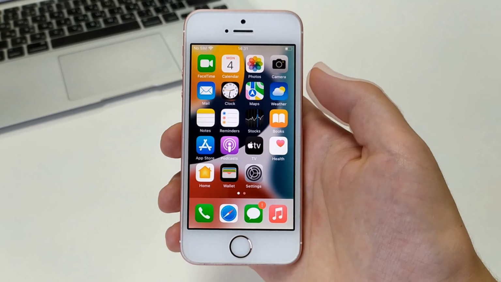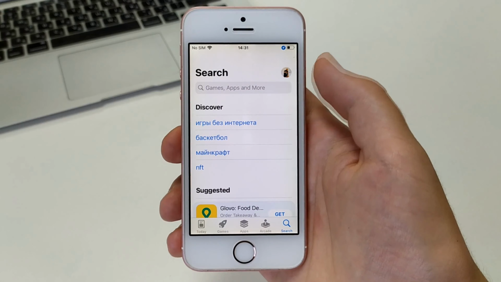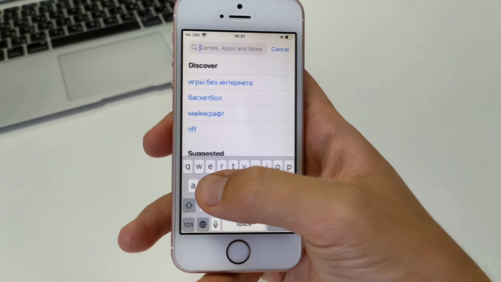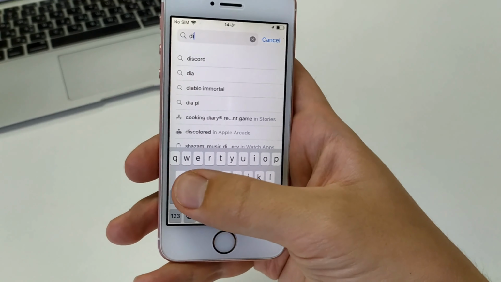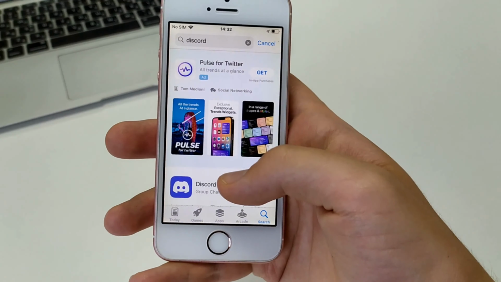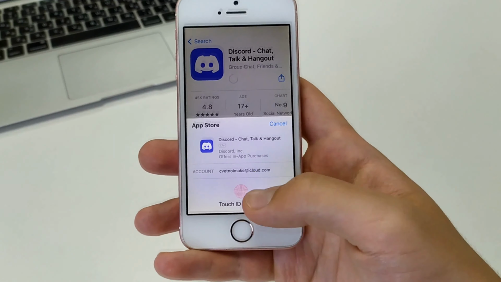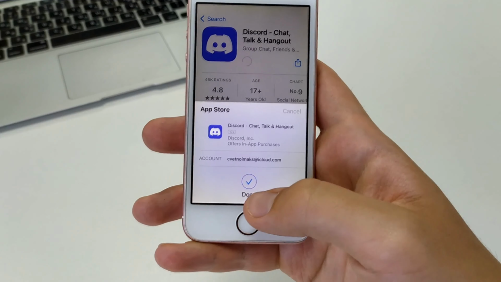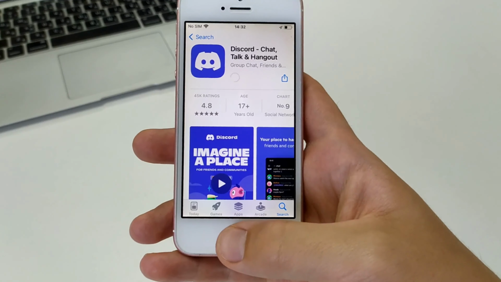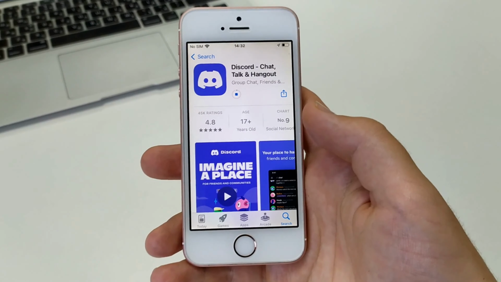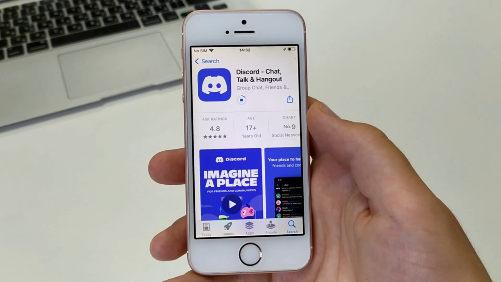Let's get started. For this, we need to go to the standard application on our iPhone or iPad, which is called Apple Store. After that, we need to write the word Discord in the search box. Then we need to find this application. After that, we press Get. We will need to confirm Apple ID, confirm Face ID or fingerprint, or you can enter a password. After that, we will download this app. We need to wait for 30 seconds or maybe a minute, depending on what kind of internet we have.